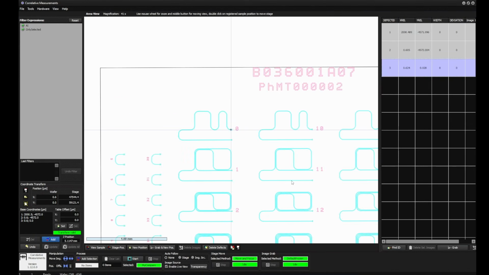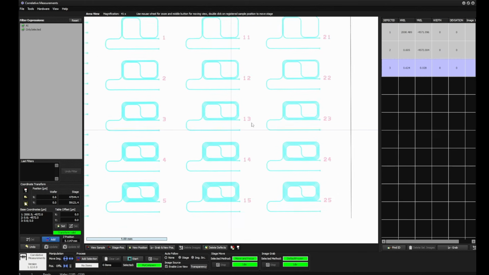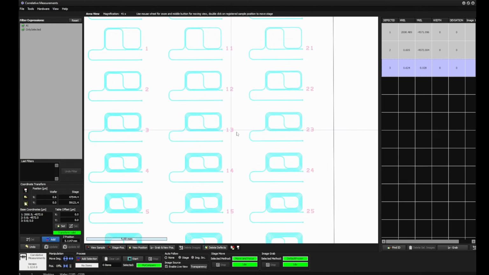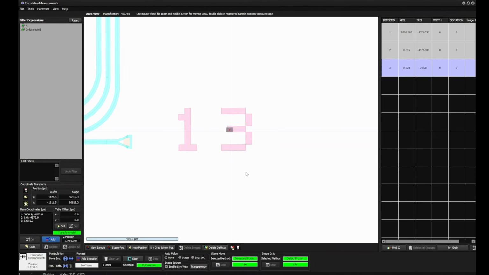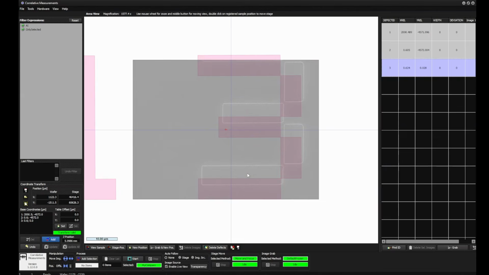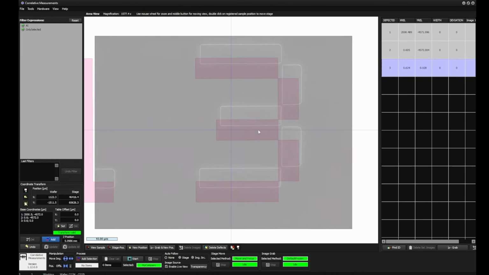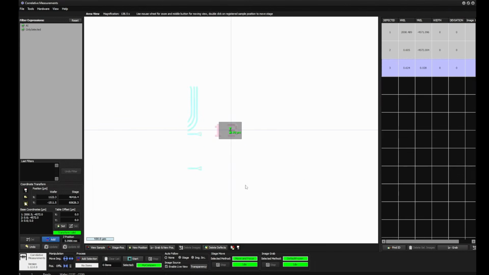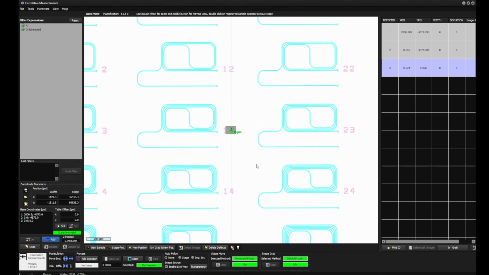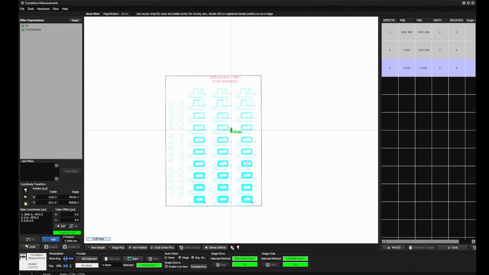And we can check now how good we are with the precision. If I go to this number 13 here, right click, move stage here. And you can see we have some offset here now, and we can actually measure that. This is 4.8 micrometer. It's actually a little bit more than the stage precision should give, but this can also be depending on how good the things are written here